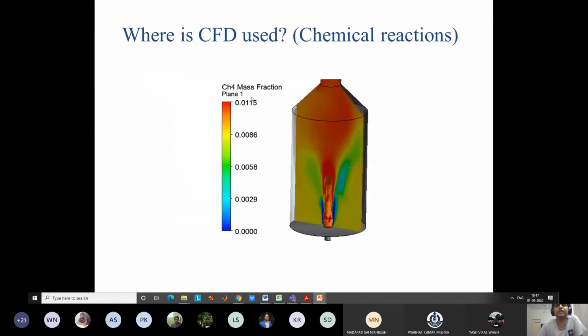Then another traditional area is combustion, right? Chemical reactions, combustion in a reactor, combustion in our automobile engines, combustion in a gas turbine. So this is also well known, and a lot of studies are going on in this. How to improve the combustion? All of you have studied the IC engine. You know that